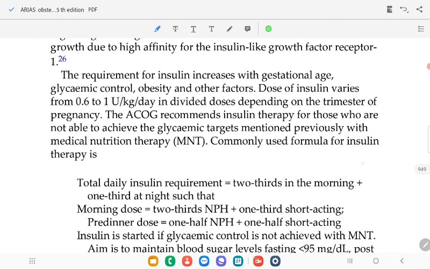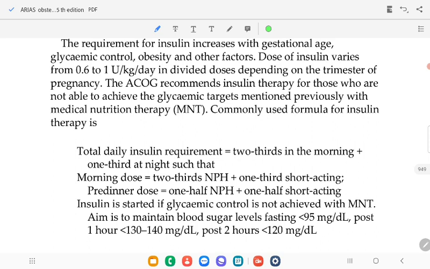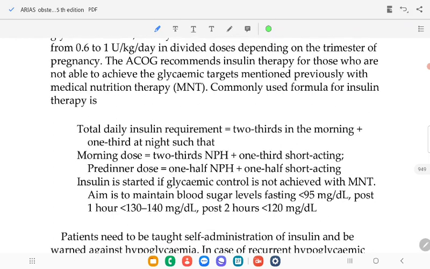The requirement for insulin increases with gestational age, glycemic control, obesity and other factors. The dose of insulin varies from 0.6 to 1 unit per kg body weight per day in divided doses, depending on the trimester of the pregnancy. ACOG recommends insulin therapy for those who are not able to achieve the glycemic targets mentioned previously with medical nutrition therapy. A commonly used formula for insulin therapy is to calculate the total daily dose requirement,